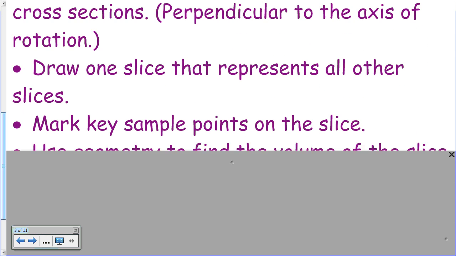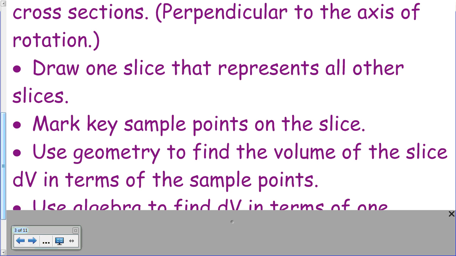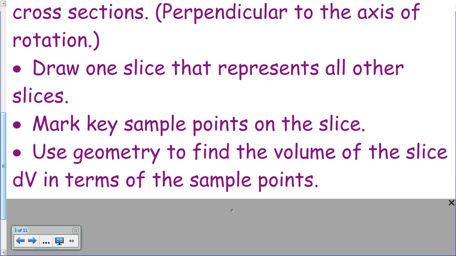All right, so we've marked those key points. And then the next step is to use geometry to find the volume of the slice, dV, in terms of your sample point. So in the last section we used dA because it was representing the area of one of those strips. Here we're using dV because it represents the volume of this one slice. So in our problem,